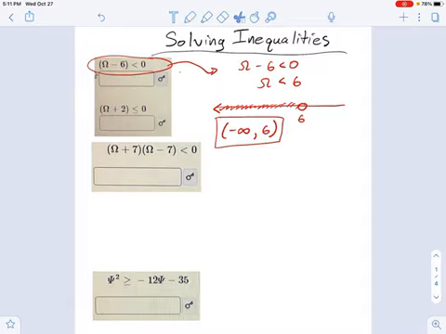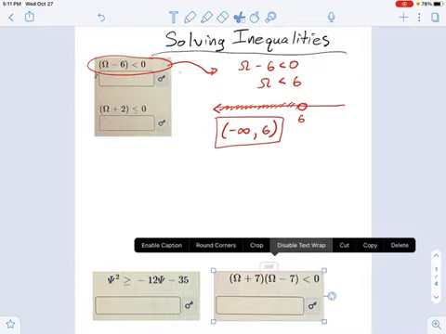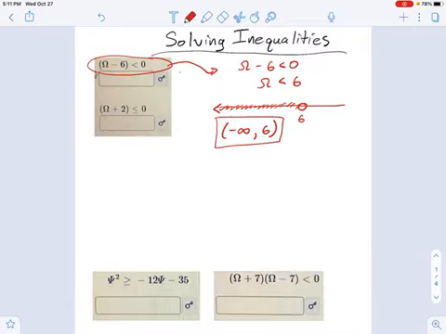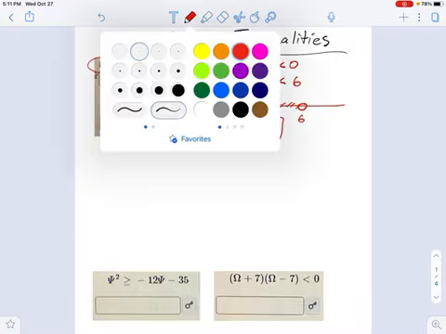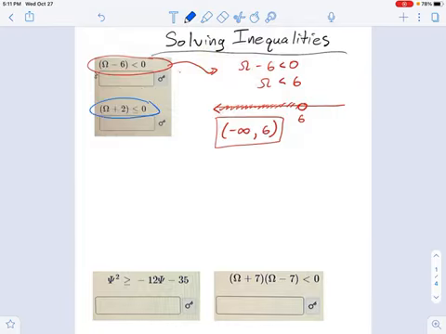Now I can try the same idea with this one over here. So let's take this example, bring it down here. It's going to be x plus 2 is less than or equal to 0. Now that's the difference. It gives me x is less than or equal to negative 2, which if I make a line graph, what that looks like, I've got negative 2 here.